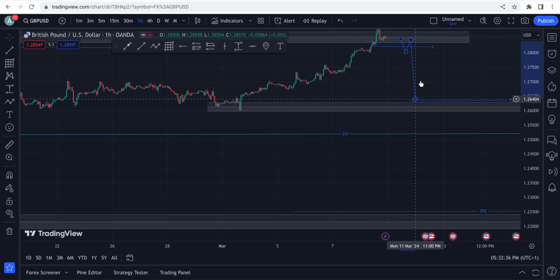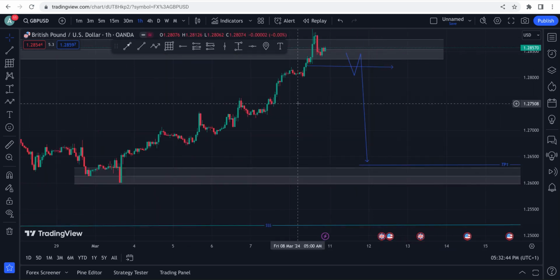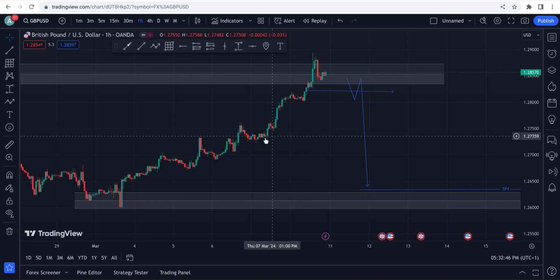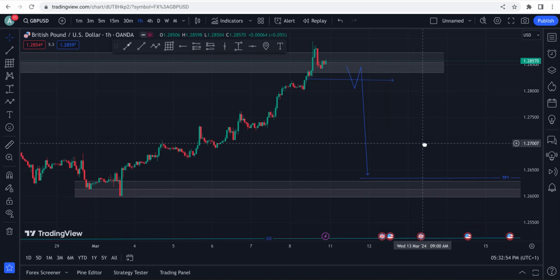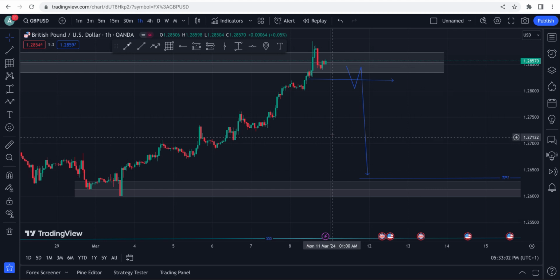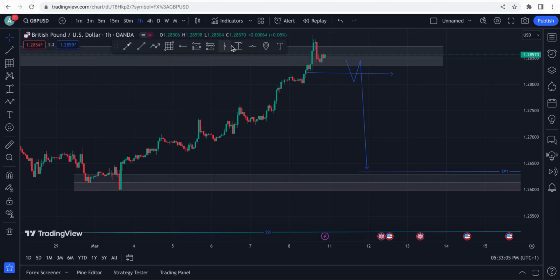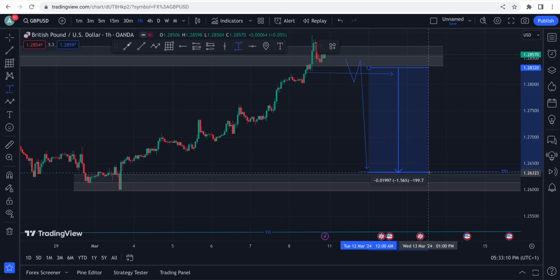But this trade is a swing trade. So for a day trader, you can target maybe an hourly demand zone or a four-hour demand zone if you want. If you're a day trader, you can target here or here or here or here, or even here. You can target anywhere you choose if you're a day trader. If you're a swing trader or intra-week trader, or maybe a positional trader, you can just target this TP1 and TP2. TP1 covers about how many pips? As you can see, it's about 200 pips, guys. So TP1 is about 200 pips.